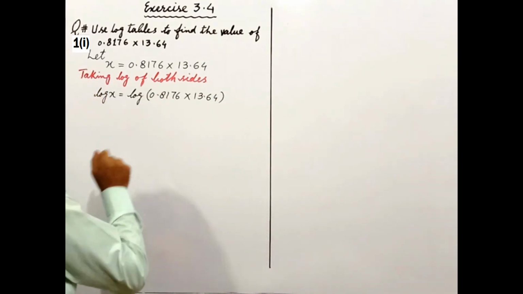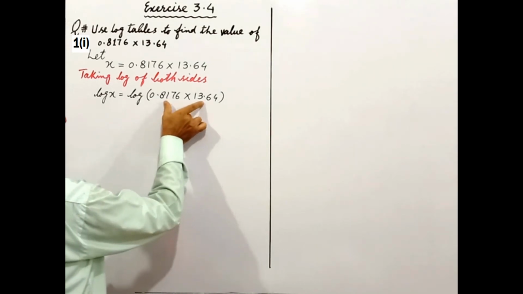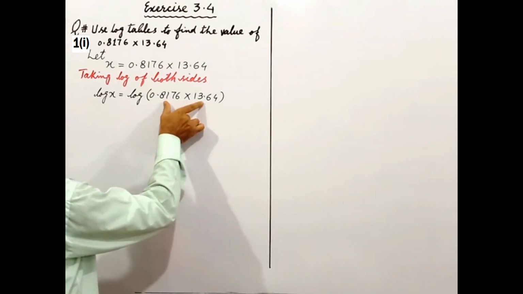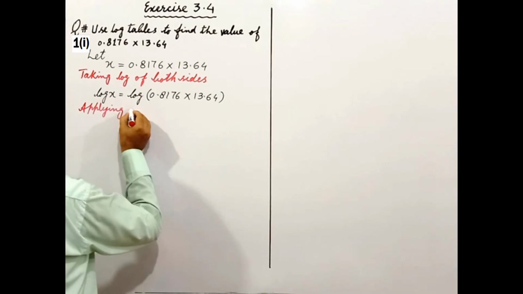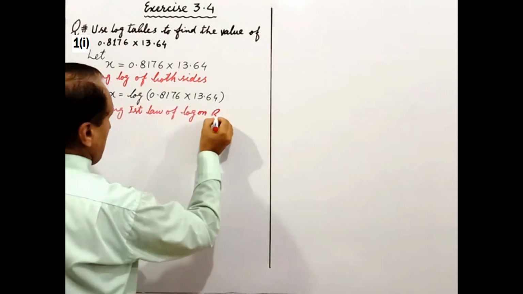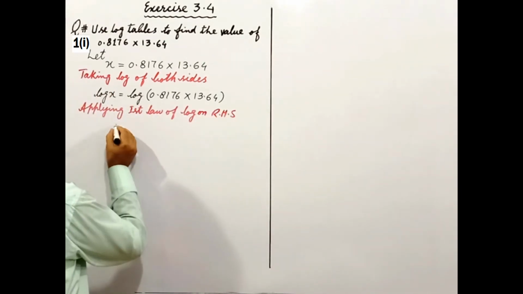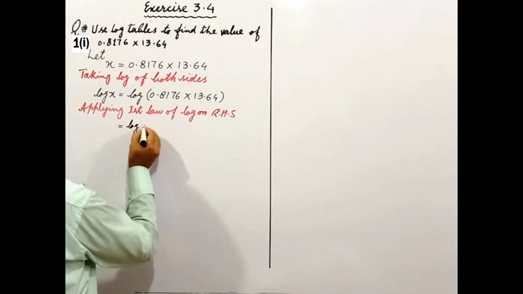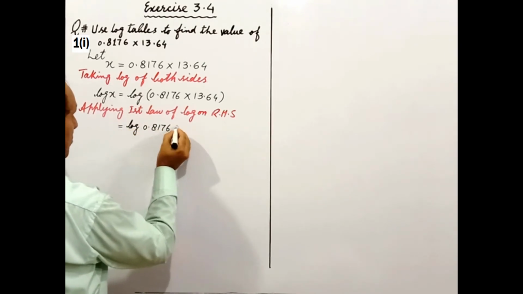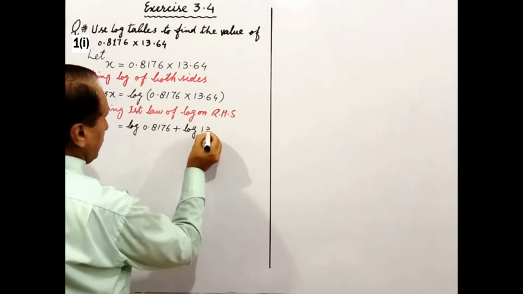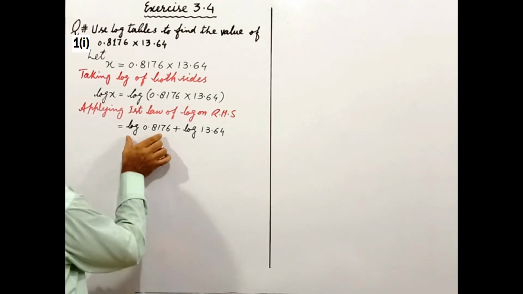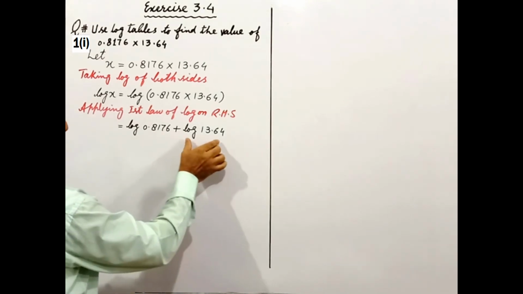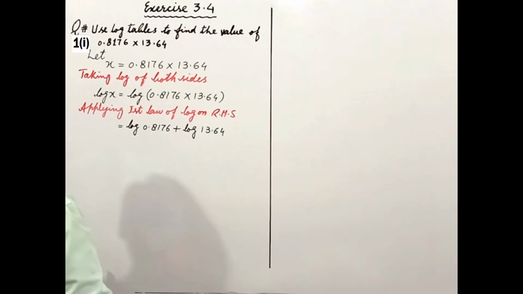Now we observe that the values are in product form. So we apply the law of product, the first law of log. We have log 0.8176 plus log 13.64. By using the calculator, we replace the values of log 0.8176 and log 13.64, which are